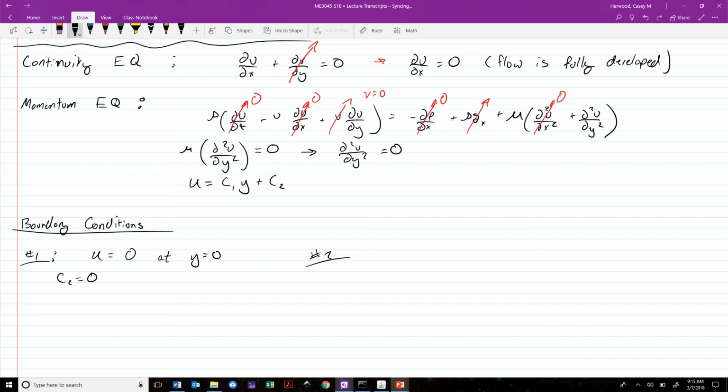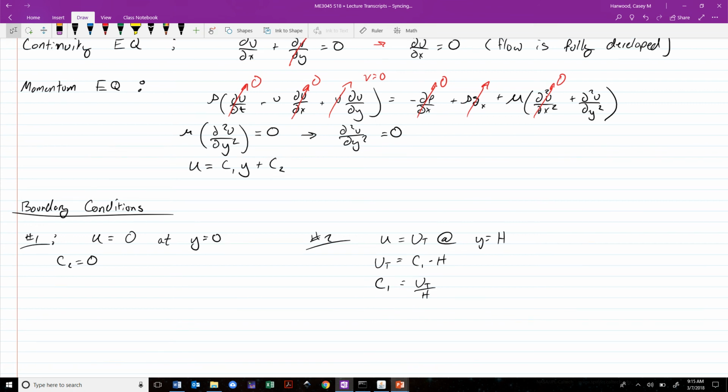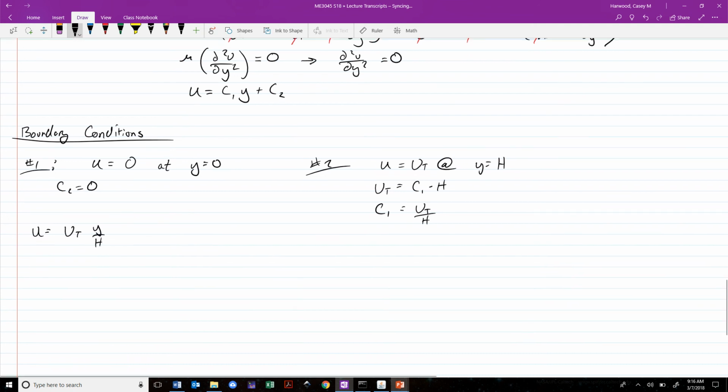Boundary condition number 2, we have that u is equal to ut at y equals big H. That is, once we're at the top plate. So we have that ut is equal to C1 times H. So C1 would be equal to ut over H. Plugging in these values of C1 and C2, we get that u is equal to ut y over H,